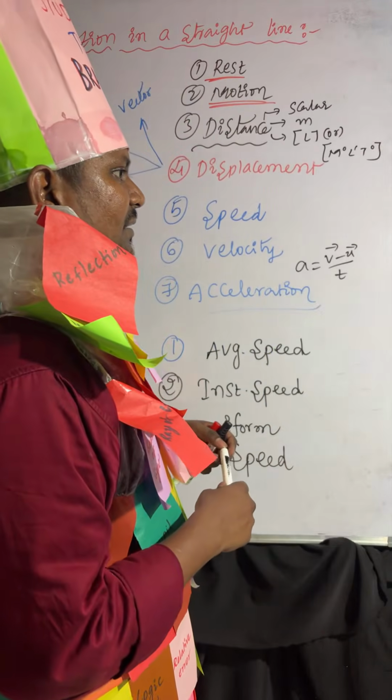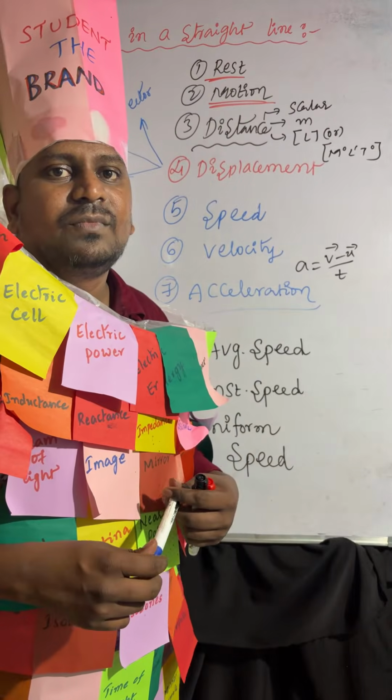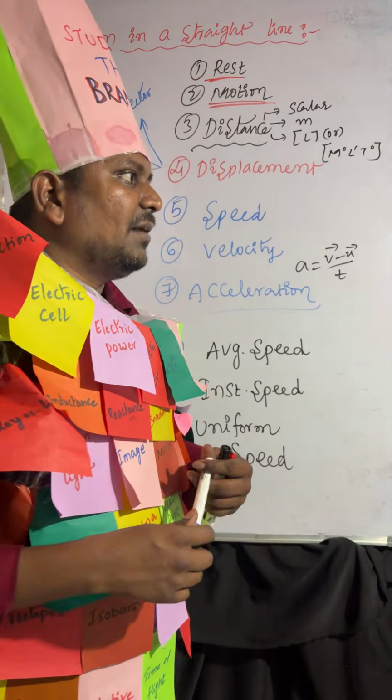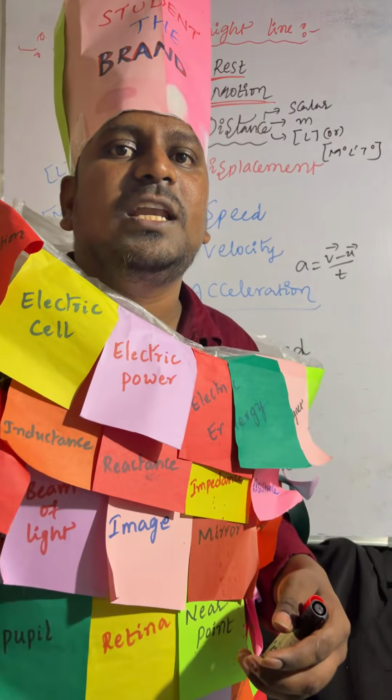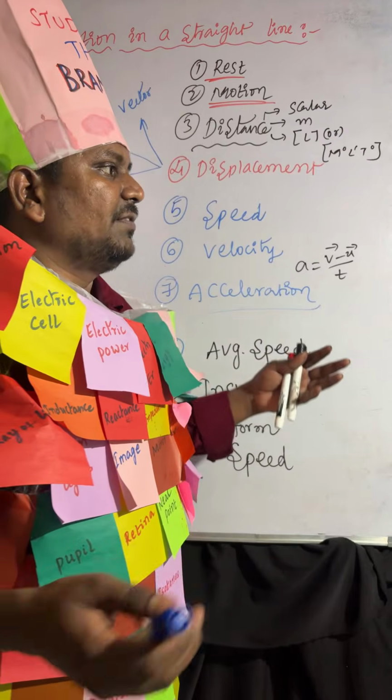And coming to uniform velocity, the body covers equal displacement in equal intervals of time. Equal displacement in equal intervals of time, that is called